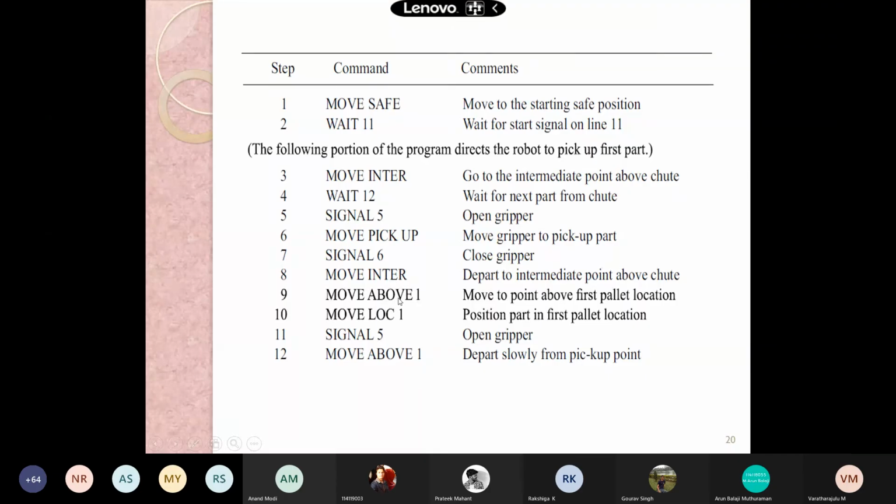Then above 1 is the place which is just above LOC1. Then LOC1 is the position in the first pallet location. Signal 5, open gripper, move above 1, depart slowly from the pickup point. This is what the 10 different points are. Now to take one